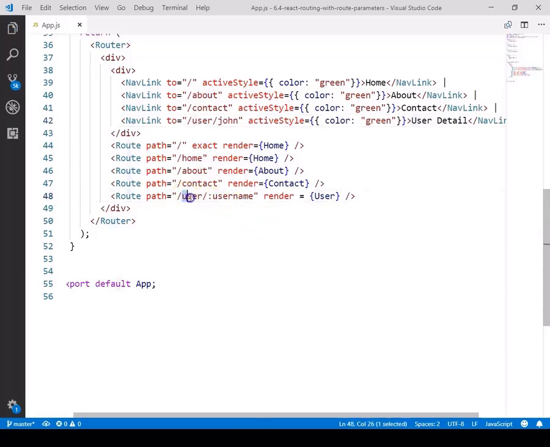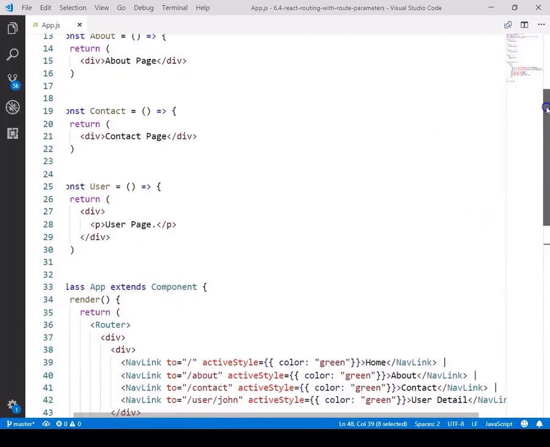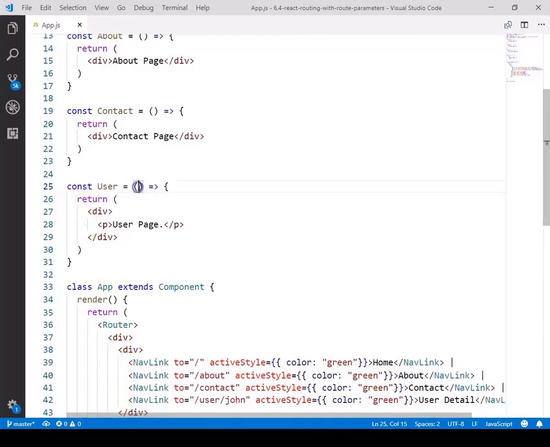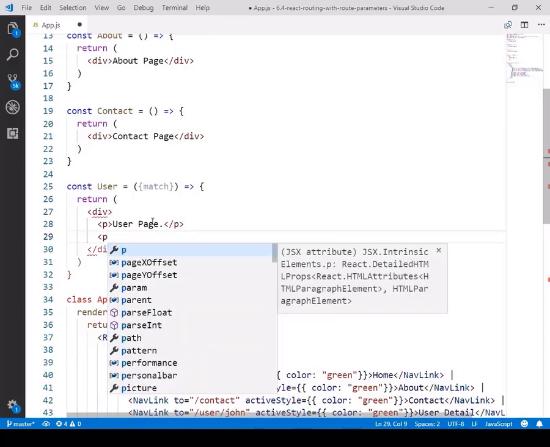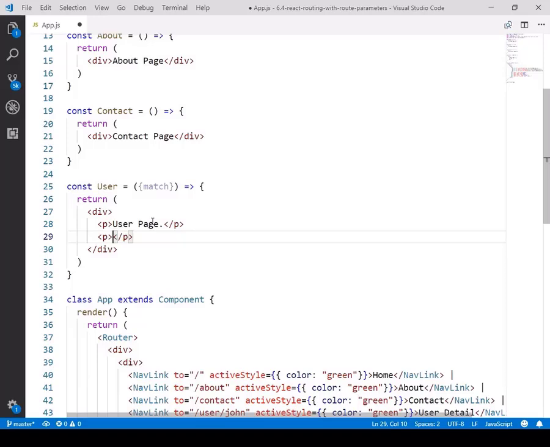Now when you try to navigate to this component, how you handle this route parameter is, just go to the user component. When you have any parameters to be passed to your components in React routing, we have a match, and here if I would like to print this name, I'll simply say paragraph, hello, and I'll keep this match.params.